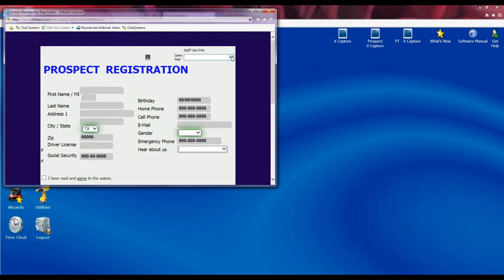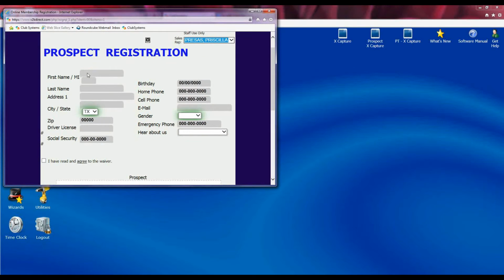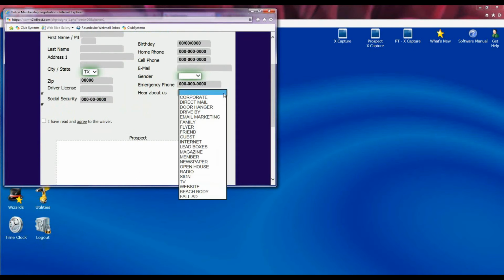Up at the top where it says staff use only, the employee would be selected as to who's assisting this person. We have contact information here, so if we have just the first name and the telephone number, that can be inputted. If we've received more information from the member, we can input that. It is important to try and get an email address, being that this form would be electronically sent to that customer to their email address. We would want to make sure to get that at least. You can specify how they heard about you,